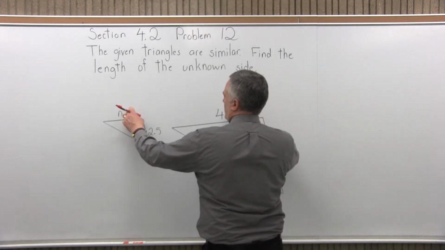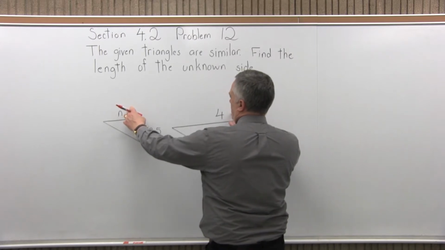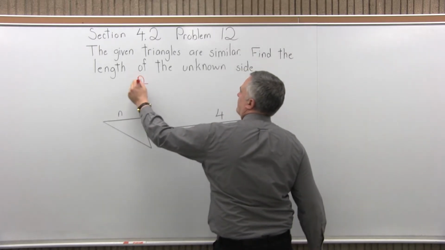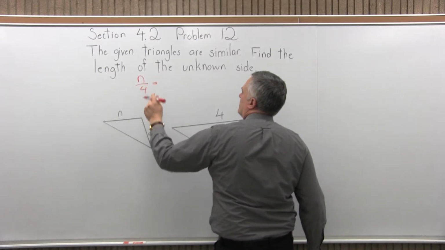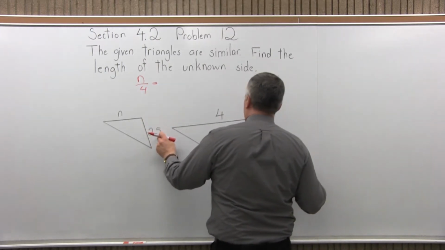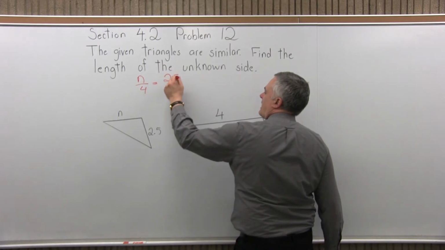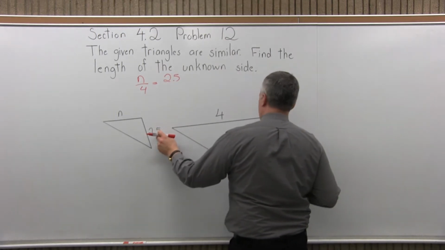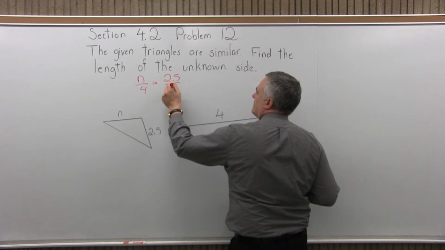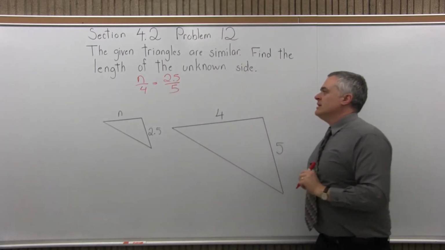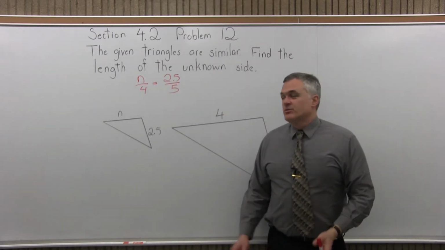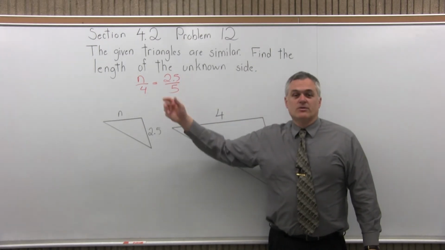So the top of the smaller triangle to the top of the larger one will have n over 4. Set that equal to the right-hand side of the smaller one over the right-hand side of the bigger one. 2.5 for the right-hand side of the small triangle to 5, the right-hand side of the larger triangle. So now when you have one fraction equal to another fraction where one part is unknown, you solve the unknown